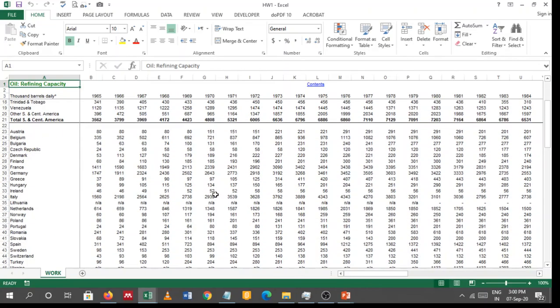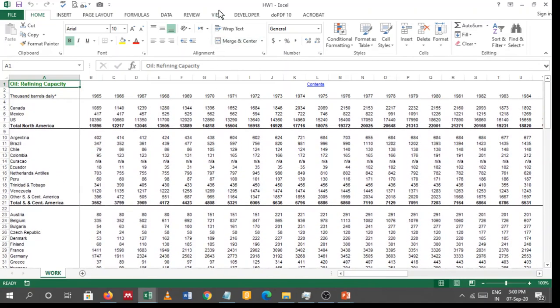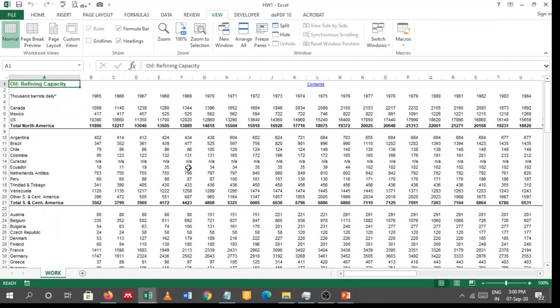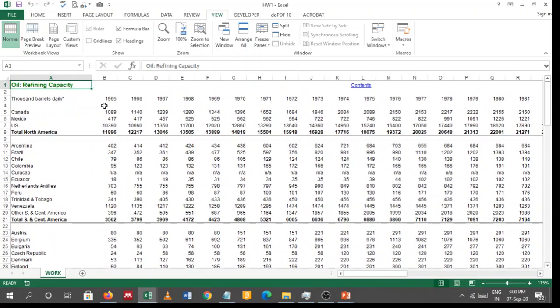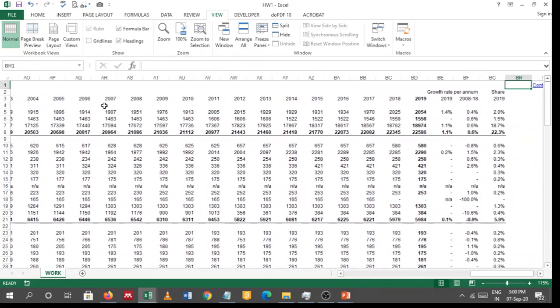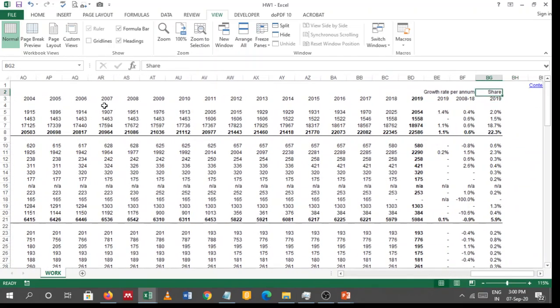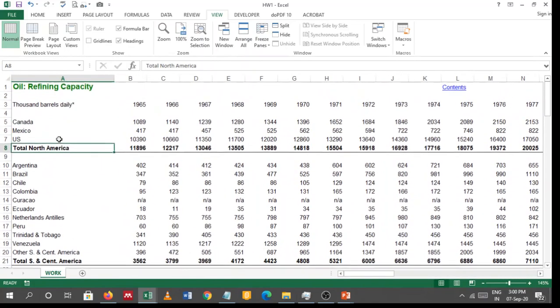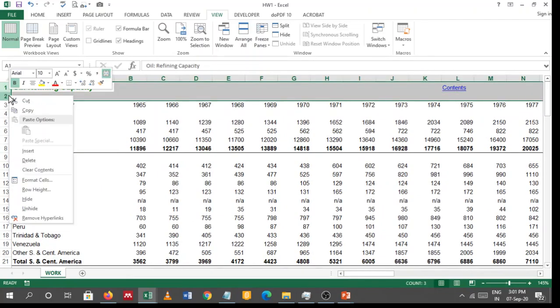So what we can do: first, there is a freeze option, so I have to remove the freeze options, unfreeze all of these. Now it is removed here. Now the first two rows are basically not relevant, only this share is written here. We can write the share in 2019, so I can delete growth per annum. So the first two table rows are basically useless. You can select and delete them here.